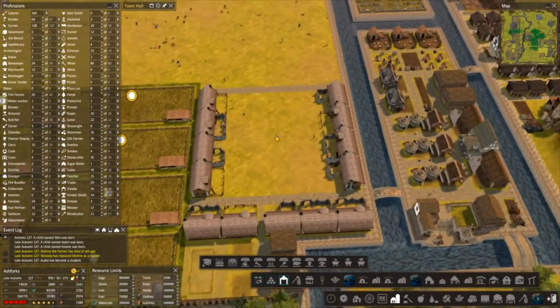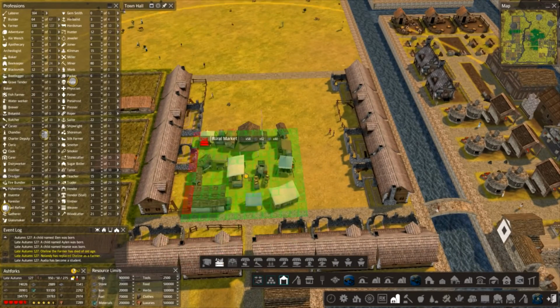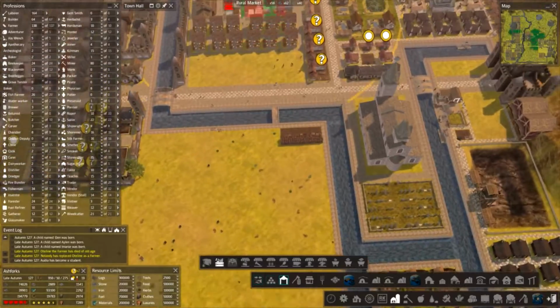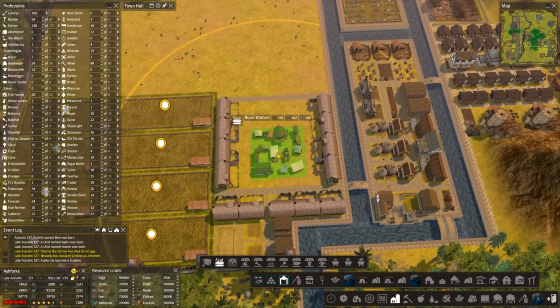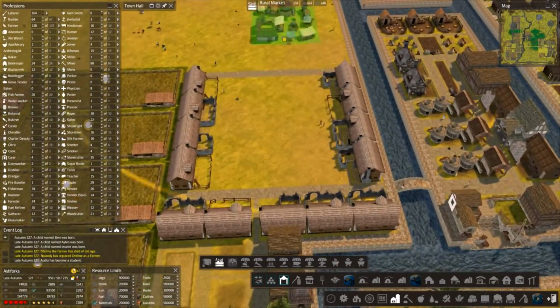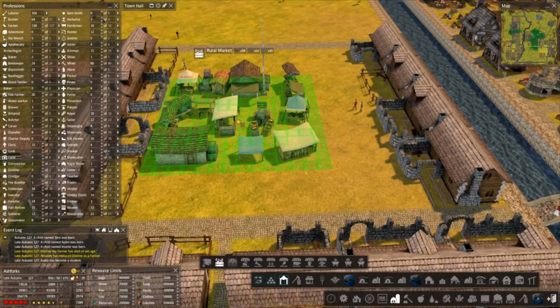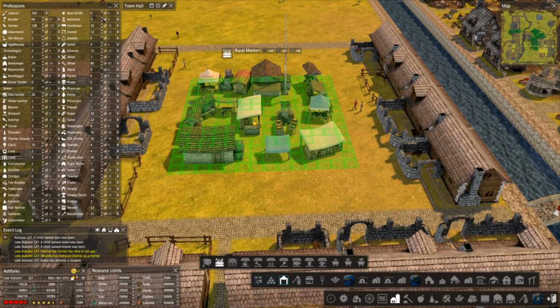So I'm thinking, yeah, maybe just a square market, a rural market this time, because I think we've used the town market over here. Yeah, and we don't need a massive circumference around here. It's going to be much bigger than we actually need it to be. Now, yeah, let's have a look. So we've got 1, 2. Yeah, so it's an odd number, so it's not going to look too good. So I'm thinking